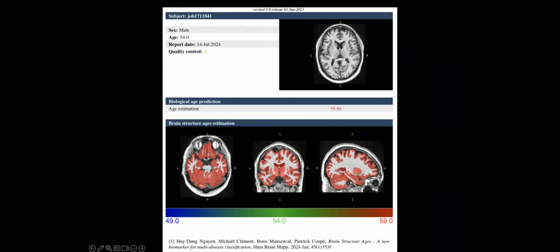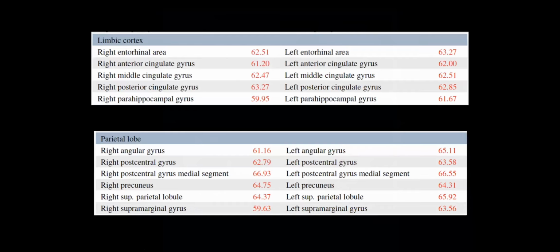And that's evidenced by these charts that show the brain segmented out with red colors, denoting all the parts of the brain that are abnormally aging. Again, this individual is 54 years old chronologically. If they had a brain age in alignment with their chronological age, all of this should be green. If they were younger than their chronological age, it could be blue. And because they're abnormally aging, it's all red. And that's a problem.